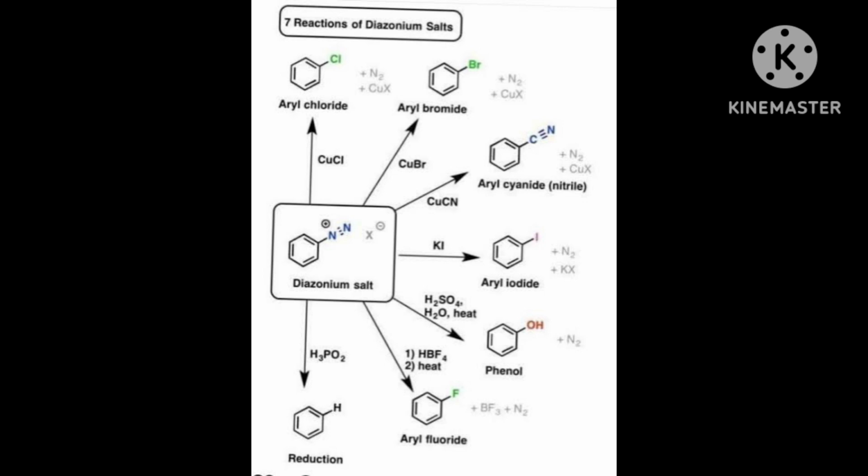Now I am telling you replacement by hydroxyl group, OH minus. If the temperature of the diazonium salt solution is allowed to rise up to 283 Kelvin, the salt gets hydrolyzed to phenol. Now OH is going to be introduced. OH you are going to introduce to the aryl